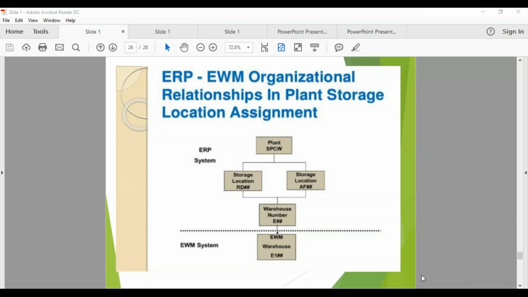In the last class, we discussed the plant and storage location combination assigning to the centralized warehouse number, and then defining the extended warehouse management warehouse number and assigning the centralized warehouse number to the extended warehouse management. And then we have discussed the QRFC level settings also. Okay, so